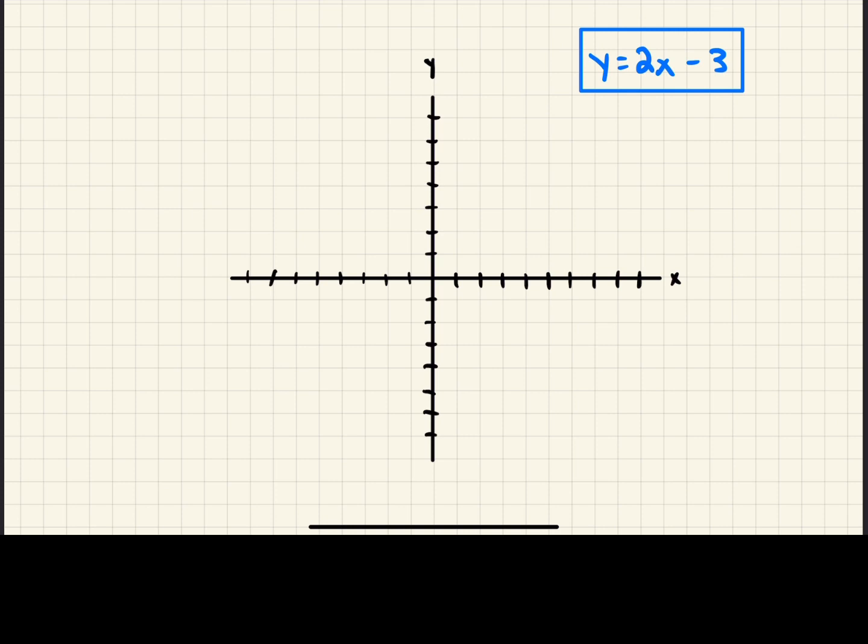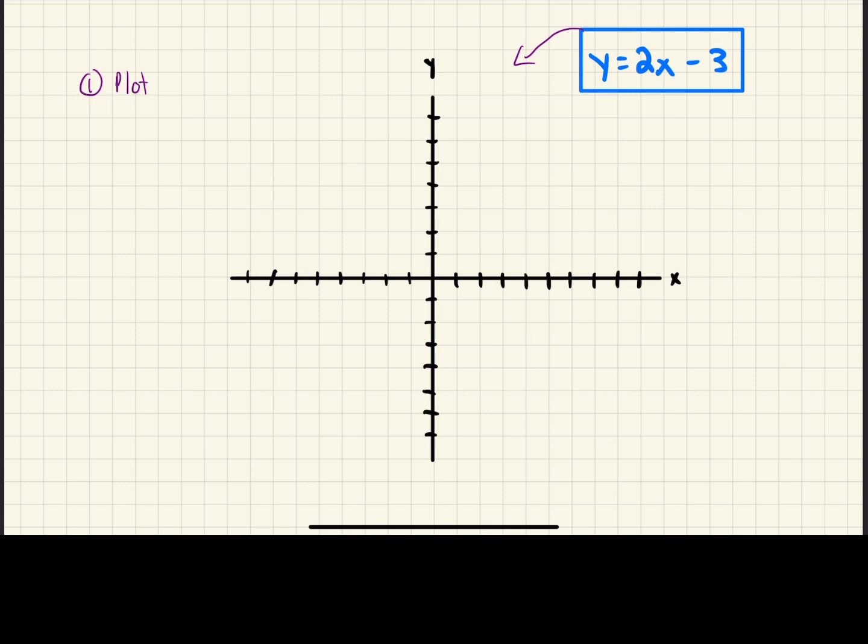Now let's say we want to put this function on this graph over here, y is equal to 2x minus 3, and we don't want to spend time doing a data table or a table of values from -2 to 2 or -3 to 3. And on a test, that probably isn't always going to help you, especially if the test has time constraints. So what we're going to do for this one, if we're not going to use a table of values, then we can simply